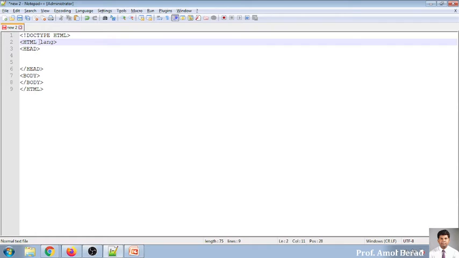It should be an attribute, the lowercase keyword lang equal to, and I'm writing in double quotes, en, that is English, of India, IN. It should be written in uppercase, en-IN. This should be your habit whenever you are writing code in HTML. Yes? Are you getting it, everyone? Yes, sir. Okay. EN should be written in lowercase, then a hyphen sign, and IN for India, UK for United Kingdom, US for United States.